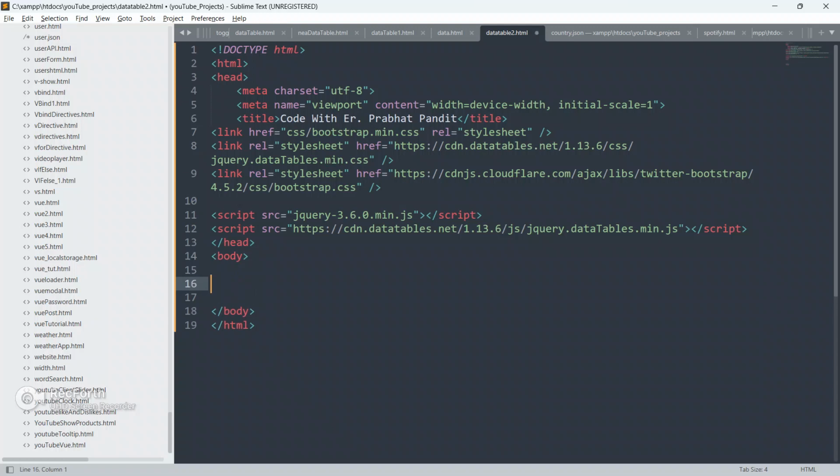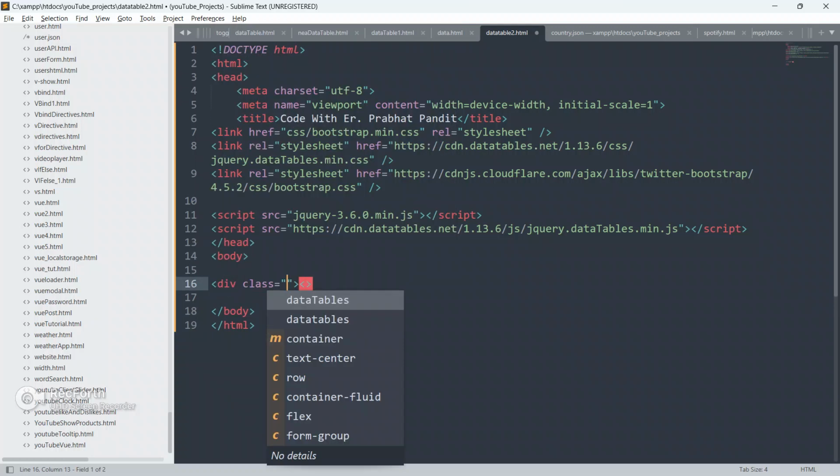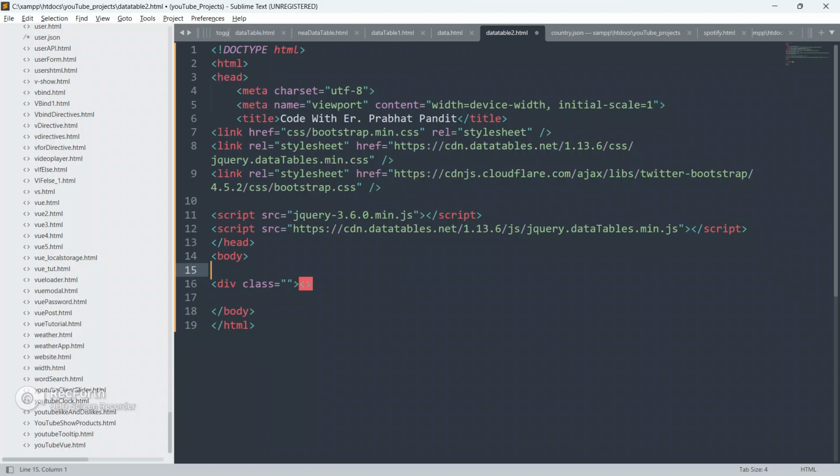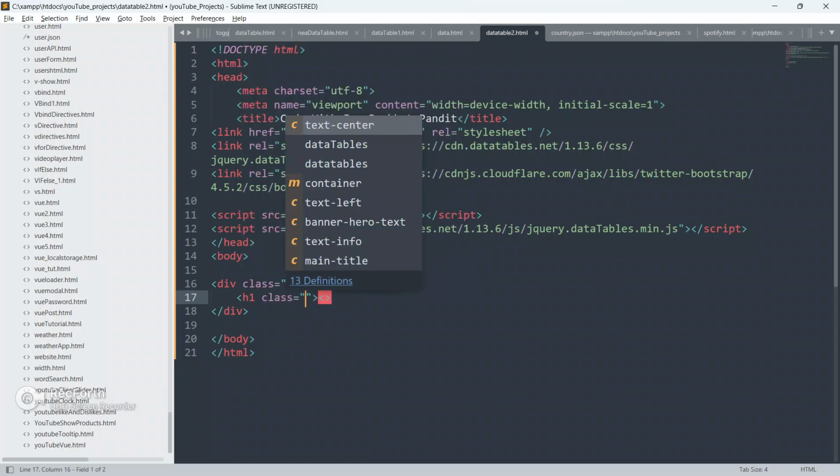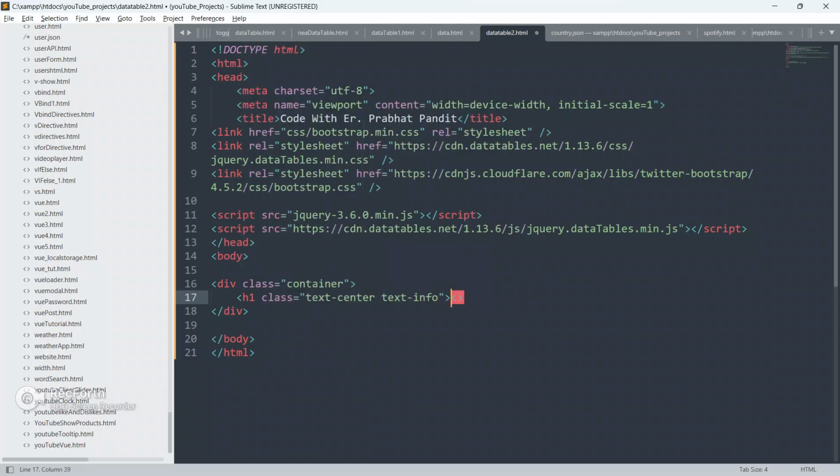Okay, so now guys, I'm gonna create a div tag. First create a div and give it a class as container. Close this div, and inside this div I'm gonna create an h1 element, give class as text-center text-info, and close this h1 element.